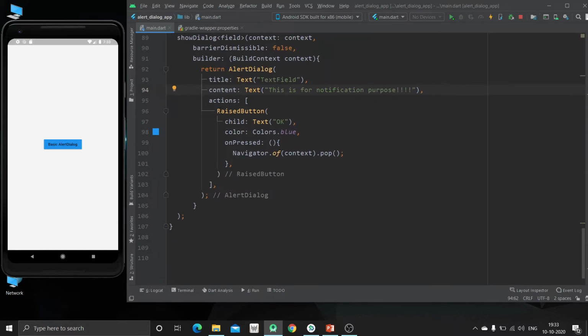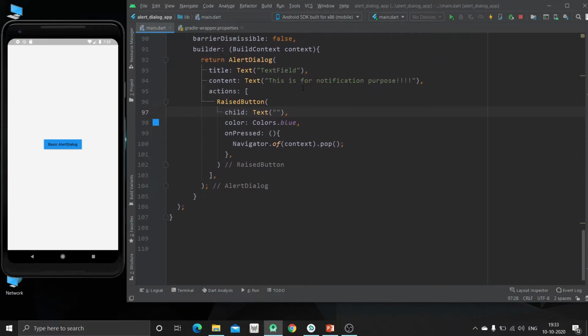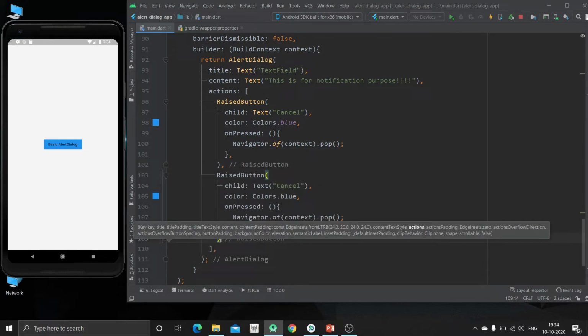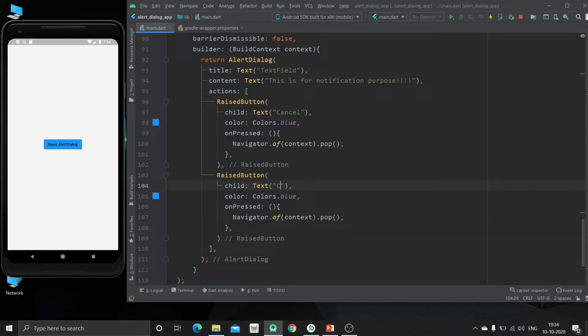Now we are going to create two methods. The first will be cancel, and similarly we will copy this same button and make it accept.